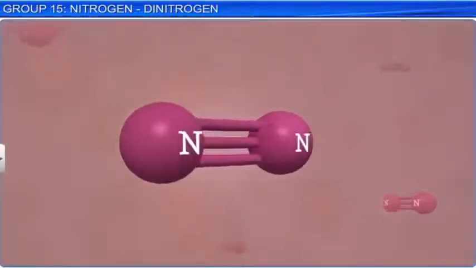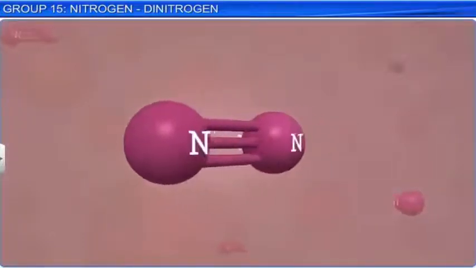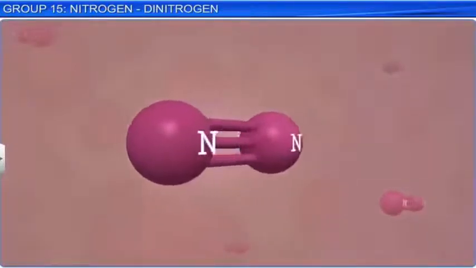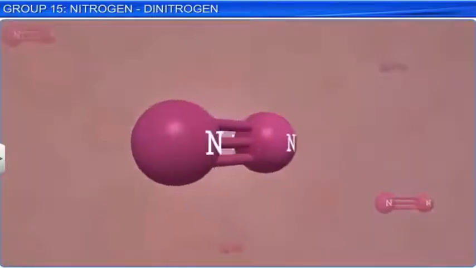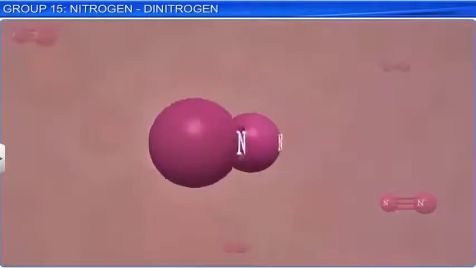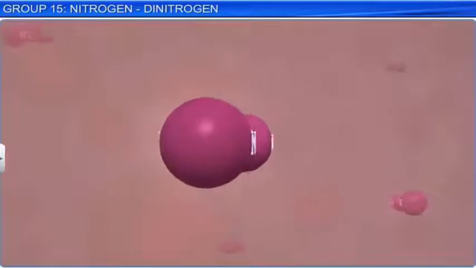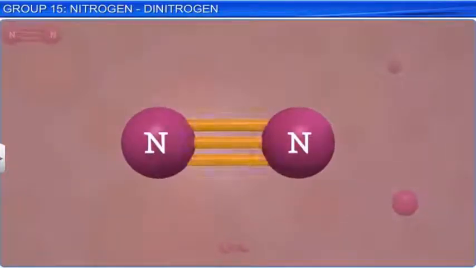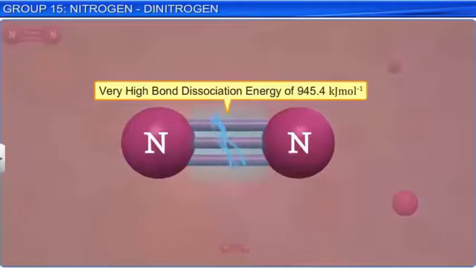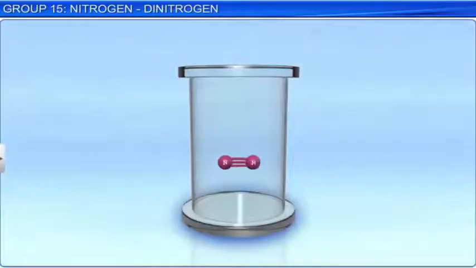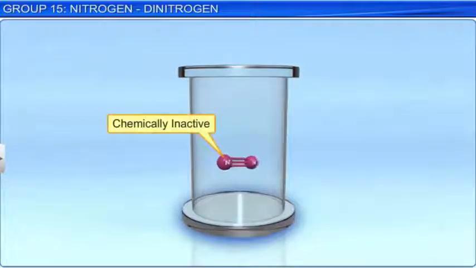It is important for us to study the reactivity of dinitrogen, as many of its applications are attributed to its reactivity. A molecule of dinitrogen consists of a triple bond that has a very high bond dissociation energy of 945.4 kilojoules per mole. Hence, dinitrogen is inert at room temperature. In other words, it is chemically inactive at room temperature,